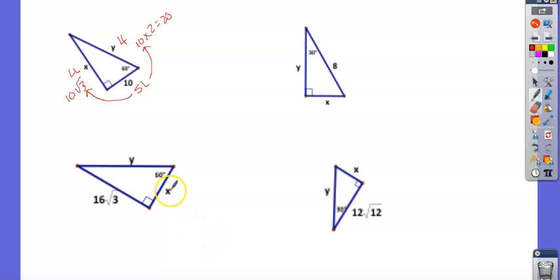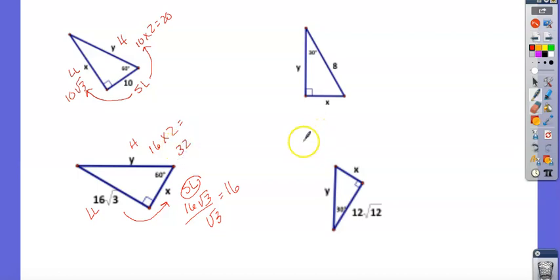Let's try this one. Okay, I got to label it. Hypotenuse, long leg, short leg. This time, I don't know what my short leg is. I need to figure that out first. Now, the only thing they give me is the long leg. I know when I'm at the long leg and I'm going back to the short leg, I'm going to divide. So I'm going to do 16 root 3 divided by root 3. And I get 16. Now I know my short leg, and I'm going to get my hypotenuse by going to the hypotenuse, and I'm going to multiply,